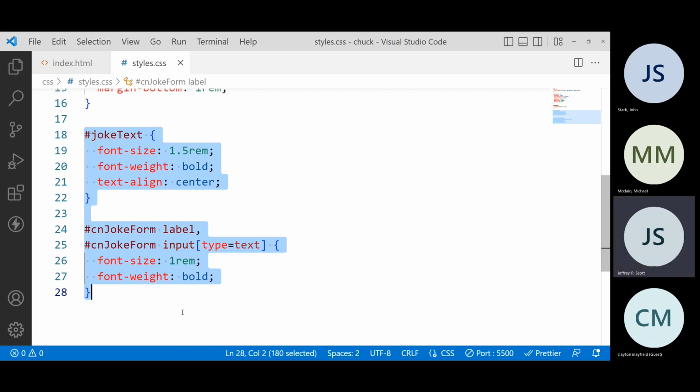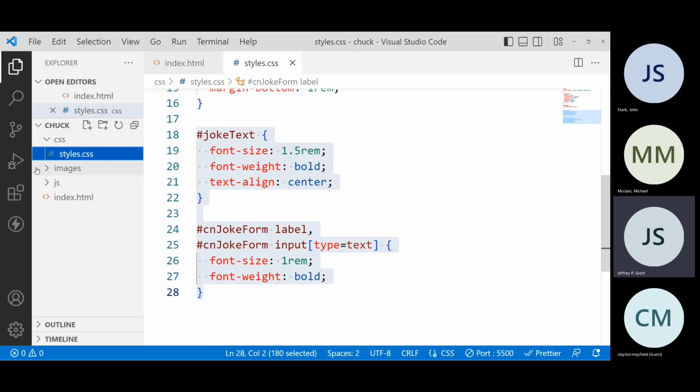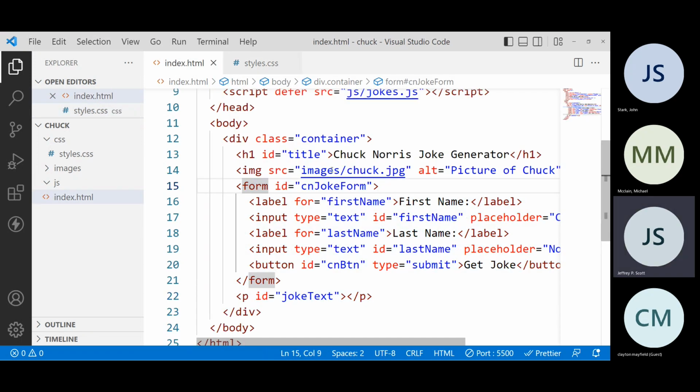So I'm going to take for granted that everybody's had time to key in the HTML and the CSS. So I'm going to go over, because I didn't make this, I don't think. Nope, I don't have anything in there. And I call this, I don't remember if it was joke or jokes. We called it